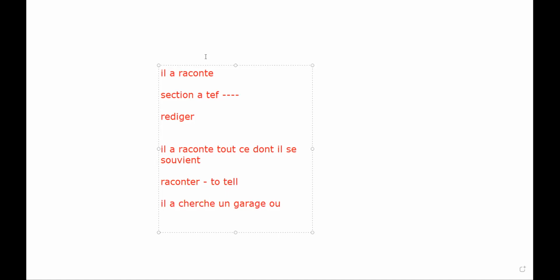Où is my where. This is my relative pronoun, my team. You say in English, he searched a garage where he can go for a repair. Où? Faire réparer la voiture. Where? Use, and I'm telling you that's a reality. You have to watch this session again and again and again. You will come to know, and we will do a lot of exercises on this. Faire réparer, to go for a repair, la voiture, with, in which,